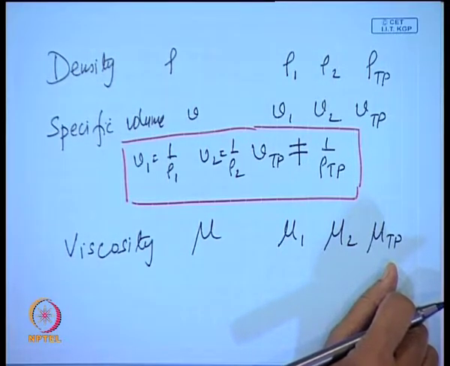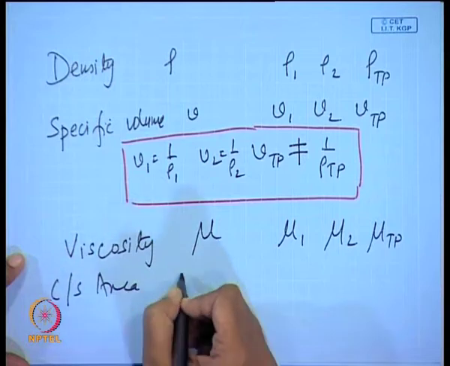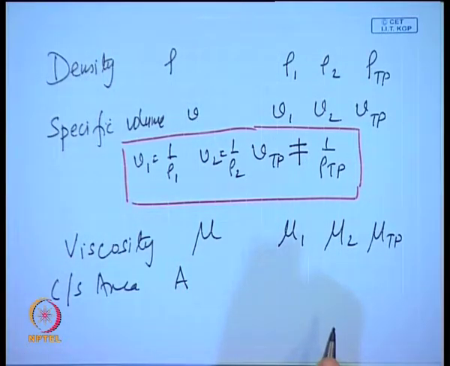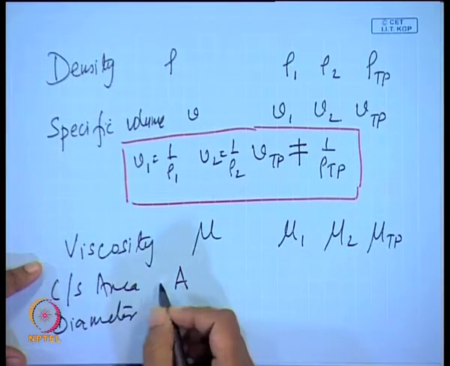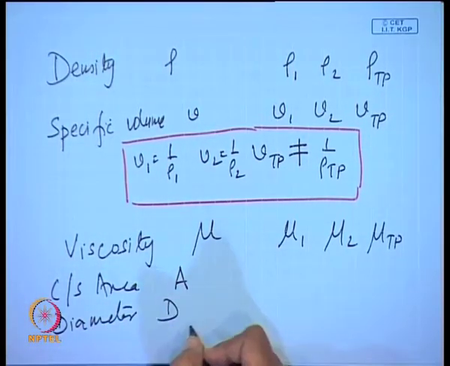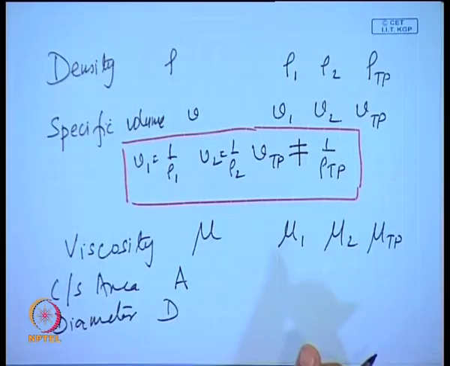any particular pipe. For that particular pipe, the cross sectional area of the pipe is going to be A. Now, for single phase flow, if you know A, it is sufficient. You can just measure the diameter of the pipe, and the diameter is say capital D. Please try to stick to these nomenclatures, because maybe the capital letter would be referring to one particular parameter, and maybe the small letter will be referring to some other parameter, it can happen. So, for single phase flow, if you just measure the diameter of the pipe and the length of the pipe, you find out the cross section, it is sufficient.